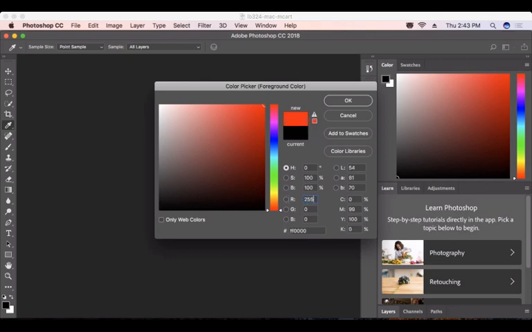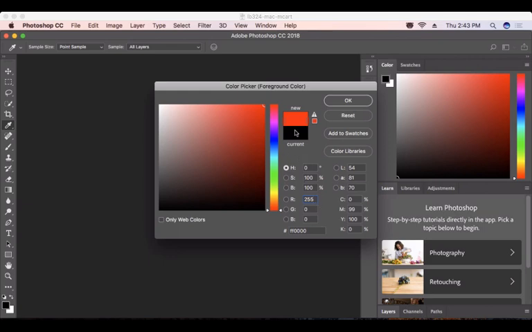The range on Photoshop for these values is 0 to 255. That's a total of 256 possible values for the red channel. Now, if I maximize that and I say 255,